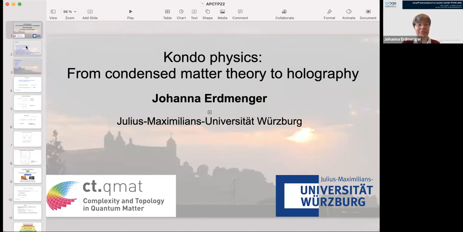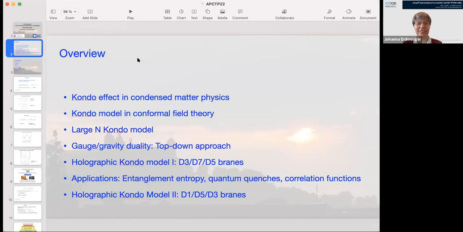Okay, so let me give you an outline of what I'm going to do in these lectures. And today, in the second lecture, I plan to use my iPad. I hope this will work to give a little more detail. So now I'm going to do a little bit of an overview of this first subject, the Kondo effect in condensed matter physics, and also the Kondo model in conformal field theory. And then in the second part today, I want to have it more in a kind of lecture style and give you more details. So in this first hour and a half, I'm just going to introduce the topic and then give you more details as we go along.